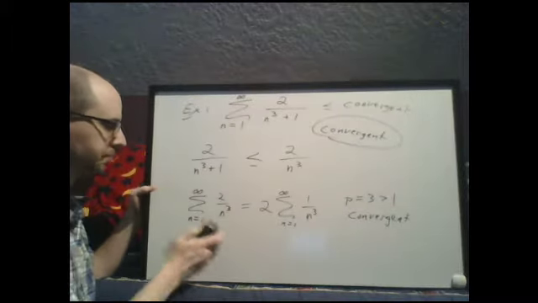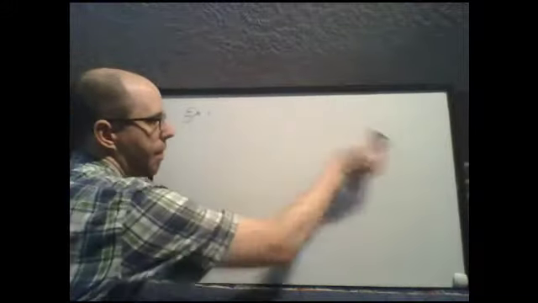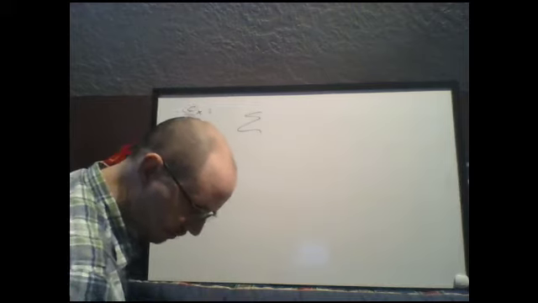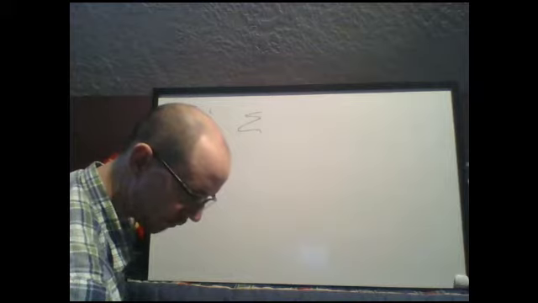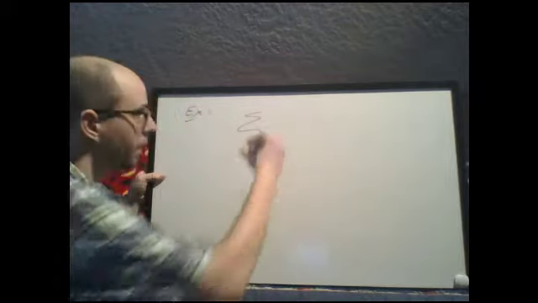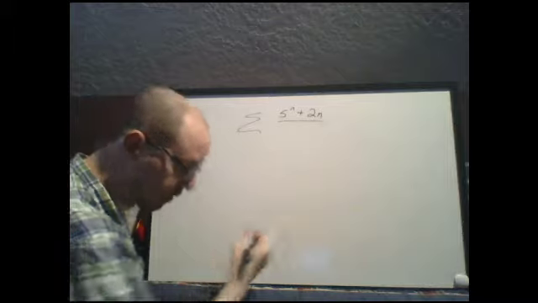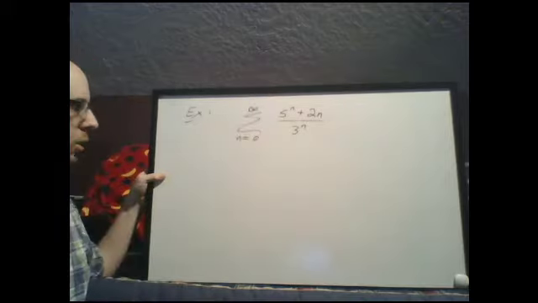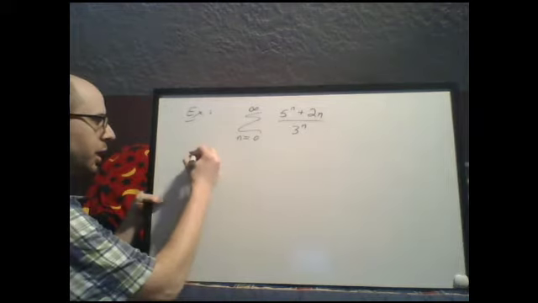Okay, let's do another one. Let's do the summation of 5 to the n plus 2n divided by 3 to the n. N goes from 0 to infinity. So the question is, is it convergent or divergent? Well, again, we look at our term,